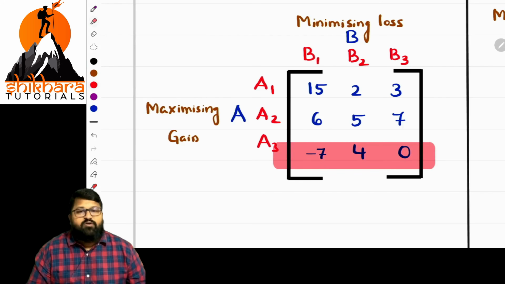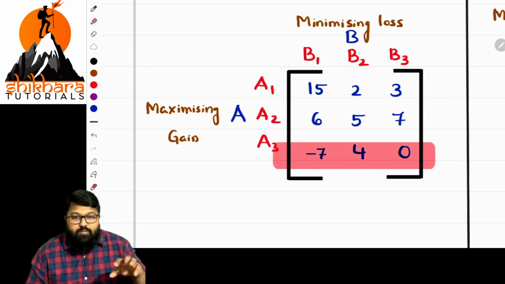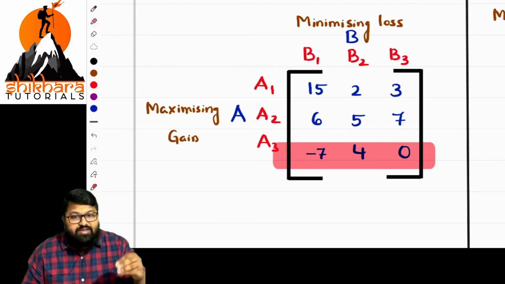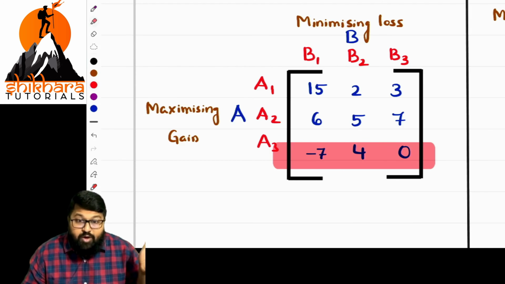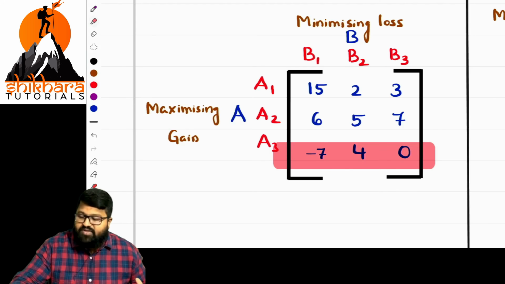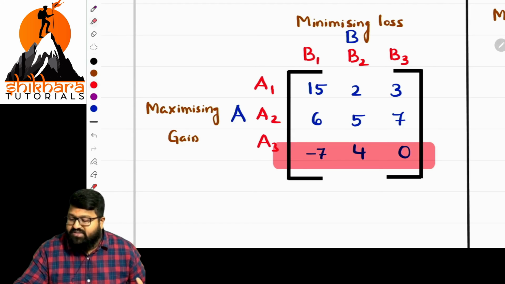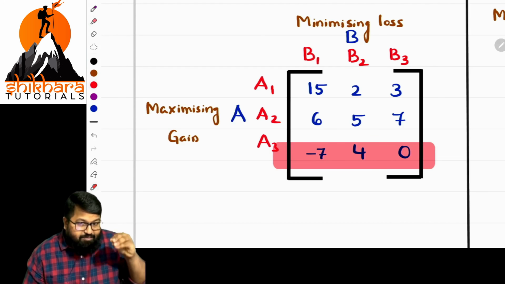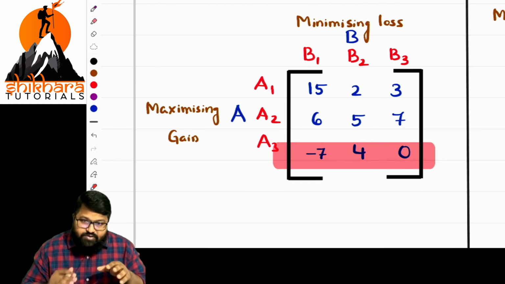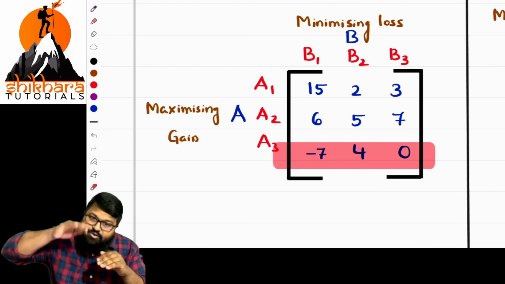Now, what is left over, sir? We are left over with, now we have to eliminate what part? Column part or row part? So already the number of rows got down to 2. Fine. Now we have to reduce the columns part. So when we are reducing the columns part, basically what we should do, sir, we have to compare. In the case of columns, they are minimizing the loss. So loss should be minimum. Highest value should be eliminated.